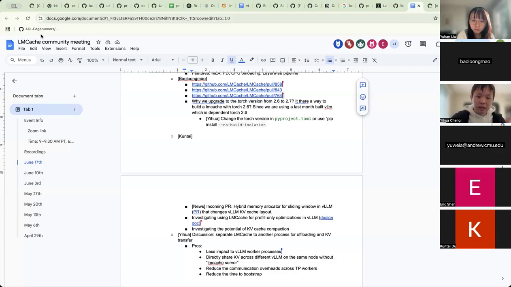And another benefit is that by doing this we can enable direct sharing of KV cache across different vLLM instances on the same node without having this LMCache server. So let's say we have 8 GPUs on a single node, running eight different vLLM instances serving, let's say, a Llama 8B model. Right now, if we are running LMCache and we want to share KV cache across these 8 instances, what we need to do is basically